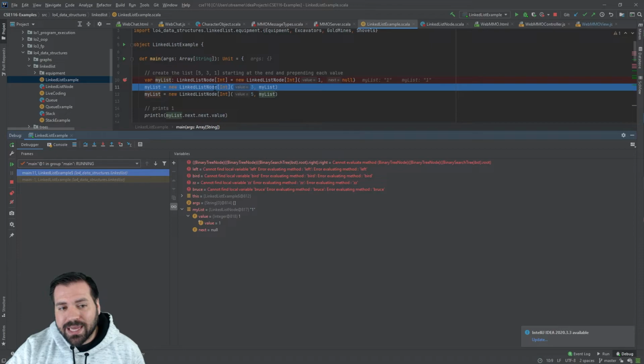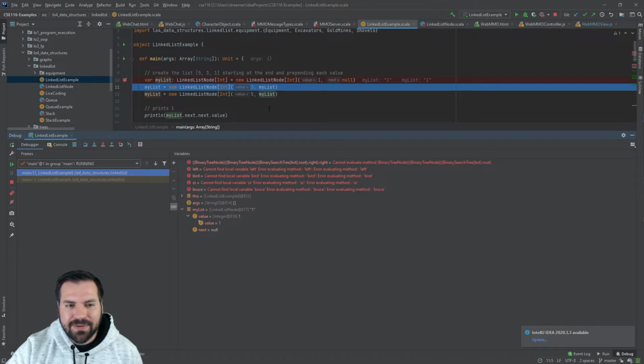Now when we create the next linked list node, my list is a reference to this list at 817. And whenever you see a reference like this, there's no section in the debugger that says here's everything that's on the heap. But whenever you have a value and you see this at and then some number, that means it's a reference to an object on the heap. So if you look through your whole stack and you find all of the references, that's going to tell you everything that's on the heap.